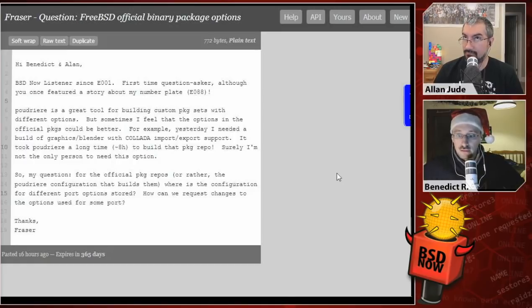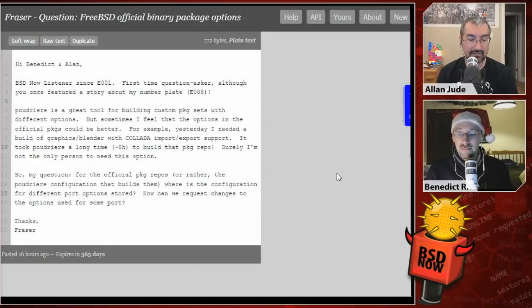And make config is what does it, but you'd have to read the source code of the makefile to actually see what the default for each option is, and that's where you would change it, I think, to yes or no, or whatever, to enable an option by default. There's make showconfig to just display what the current options are. Sure, but that's not quite the same thing. But yes,